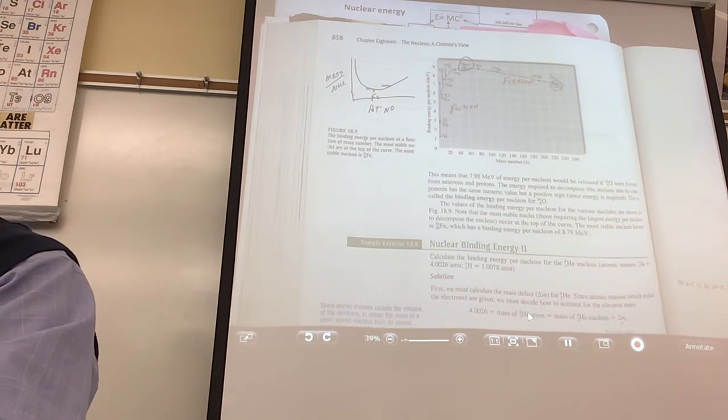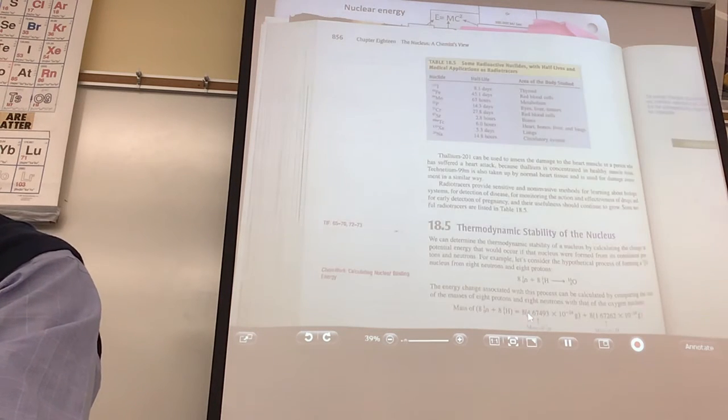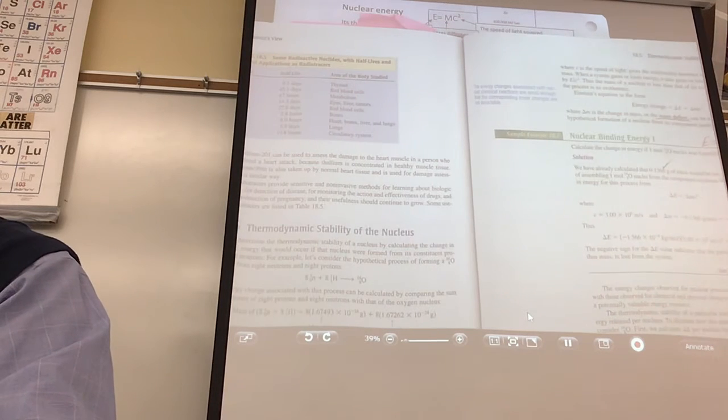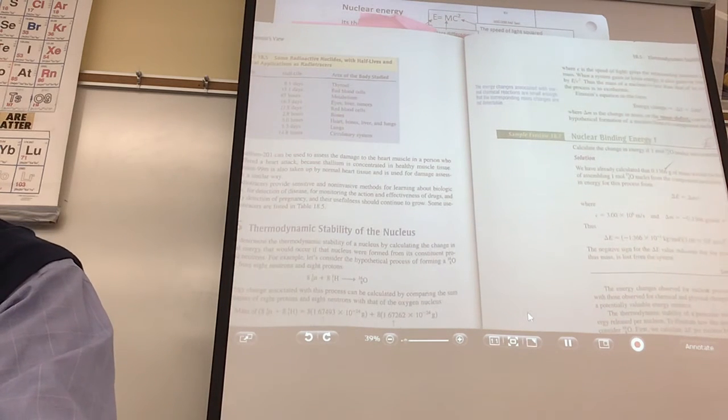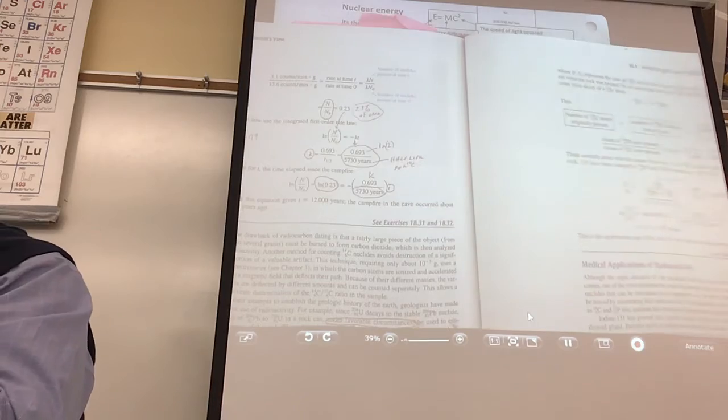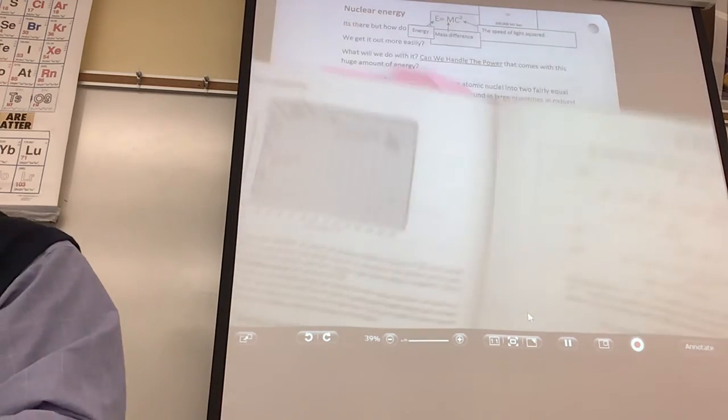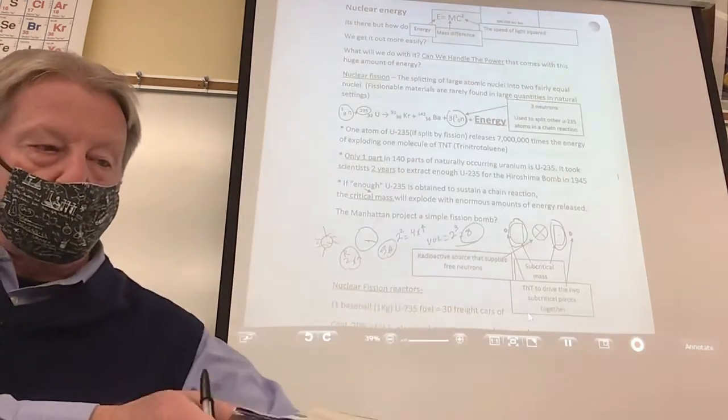All right, I'm not going. And again, I'm not using the book. They have some of the mathematics in here, and they actually have some mathematics where you put in an equation, E equals mc squared, and you change it into joules and stuff like that. We're not going to do that. But I want to. Let's go now.